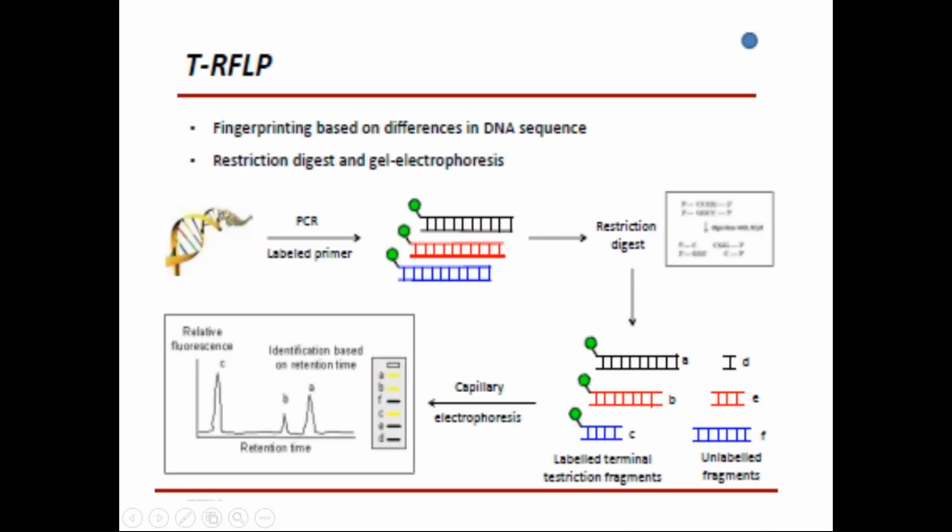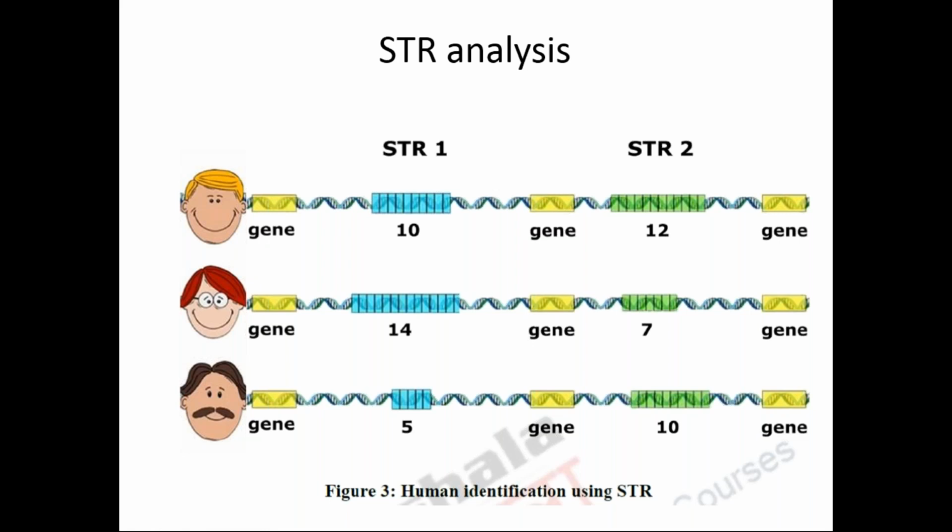In this way, due to the variation in the length or number of STR repeats, by amplifying the STR-specific regions by PCR, we get different fragments or PCR products of different lengths if the DNA originated from different individuals. But if the evidence DNA fingerprint and the suspected one's DNA fingerprint are totally identical, with exactly identical STR products generated, we conclude that the DNA recovered from the crime scene and the DNA taken from the suspect originated from the same individual, and that's why we get the same identical STR products.